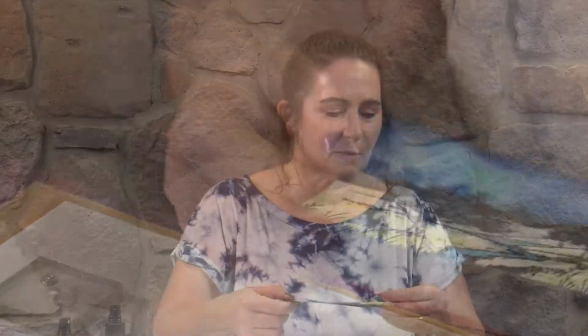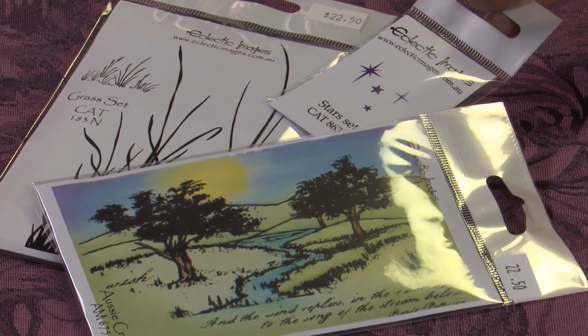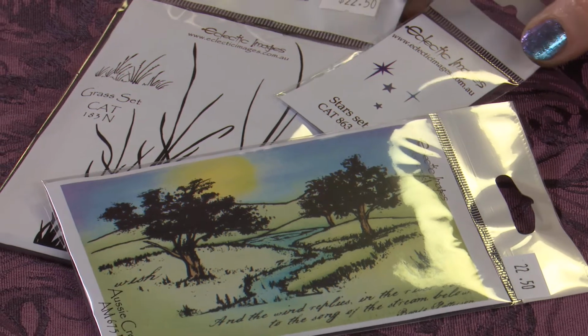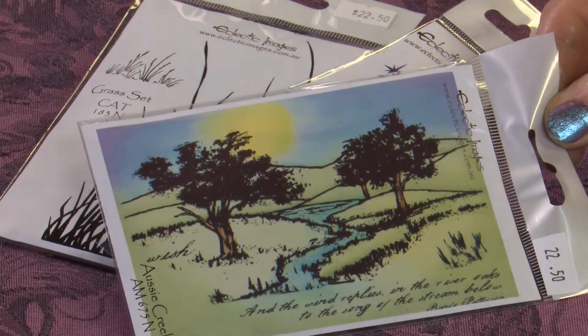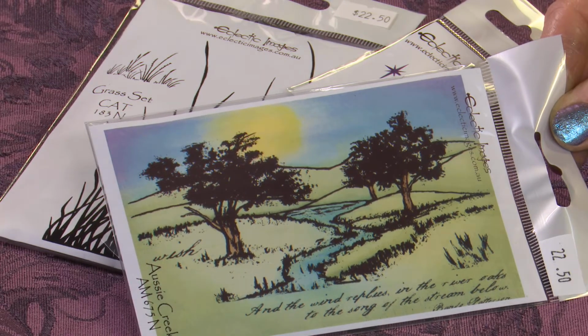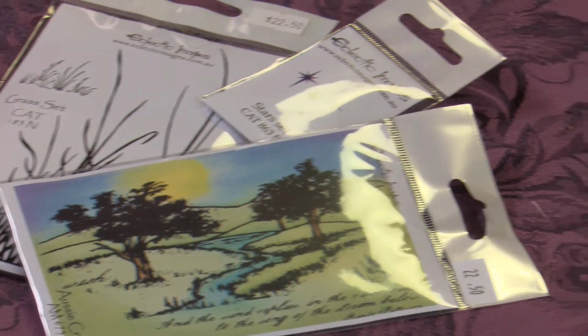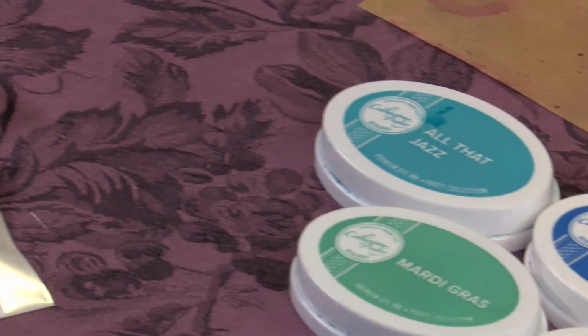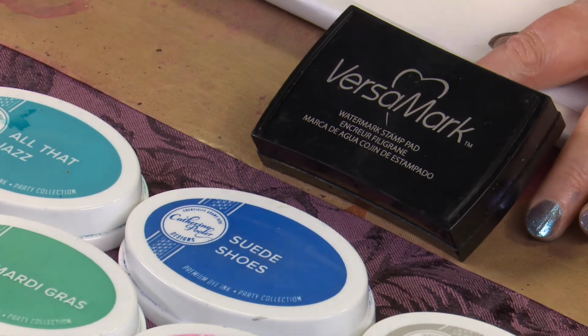Okay, so our stamps that we're going to use are in the Aussie scenes, we've got the Aussie Creek, we've got some of our new little stars, and I did put a bit of the smaller grass out of the grass set. That's reflecting quite badly, isn't it? I think let's tip that up and you see the Aussie Creek, but we're not going to make it look like an Aussie Creek. Okay, our inks that we're using, some Versamark for embossing, plus the Catherine Pooler inks